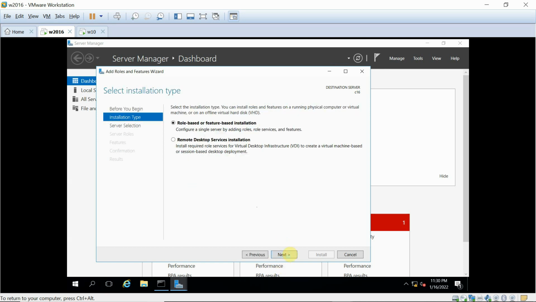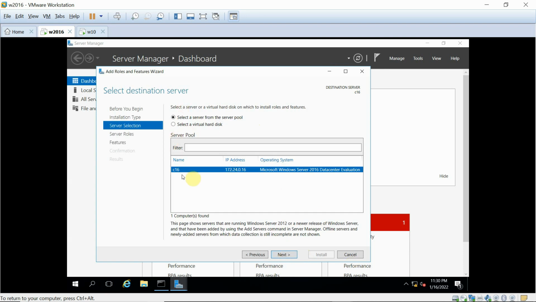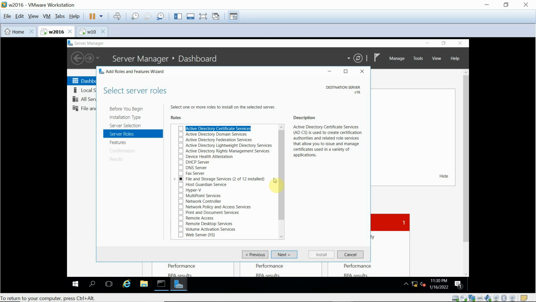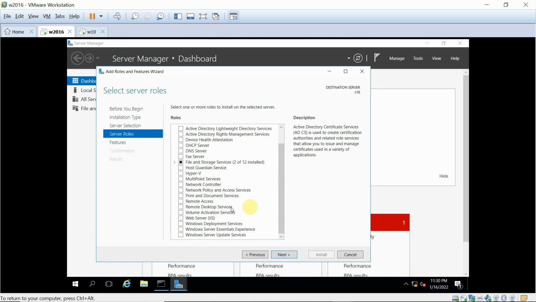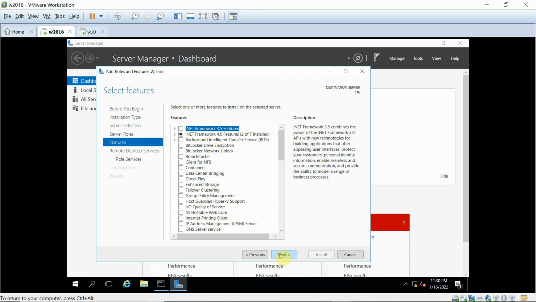Next, we are going to use the defaults. Now on which system do we want to install? C16. Next. Now which service do we want to install? In our case, we want to install Remote Desktop Services. So we have to click this. When we want to remove it, we have to uncheck this. So we are going to say next,